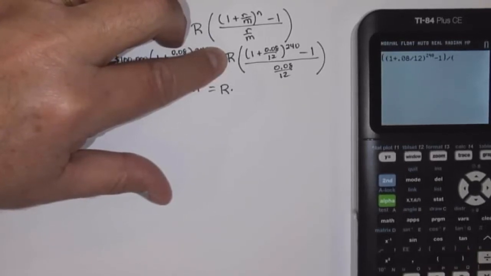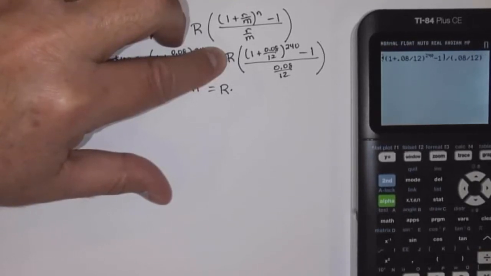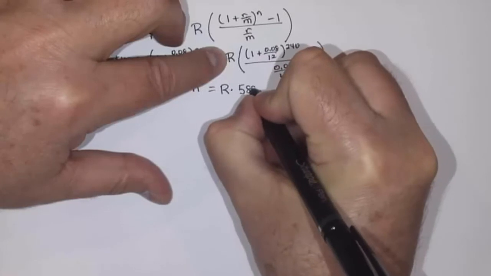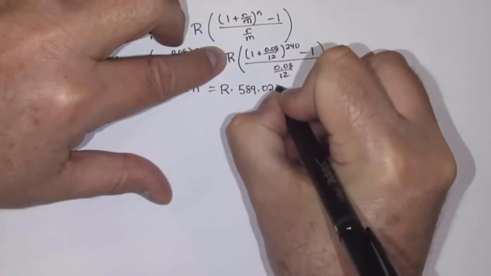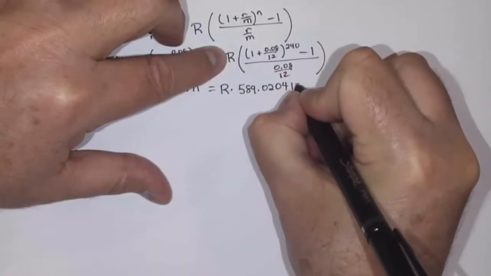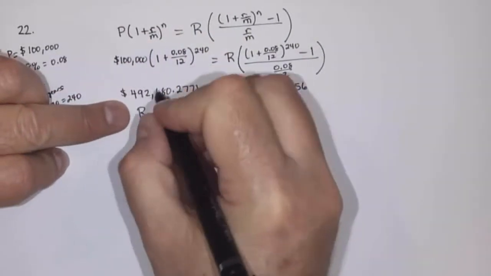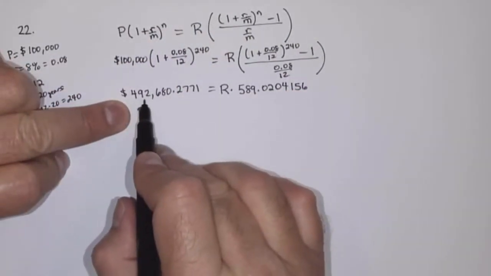Divided by parenthesis 0.08 divided by 12, close the denominator parenthesis. And so that is 589.0204156. So R is going to equal this